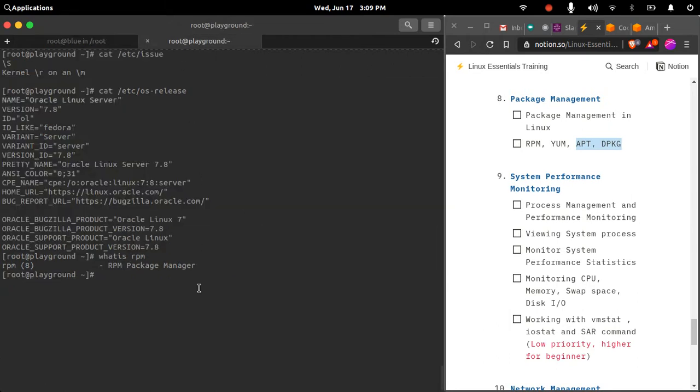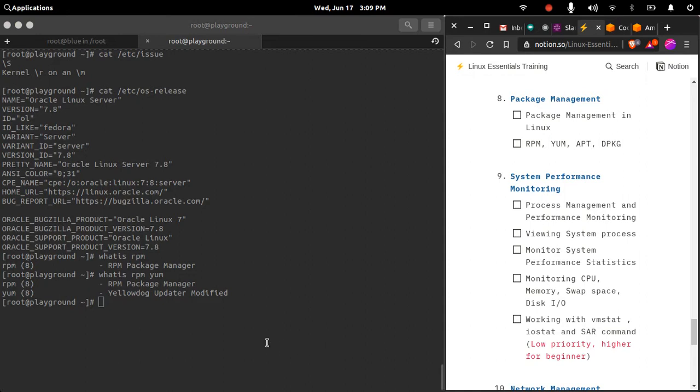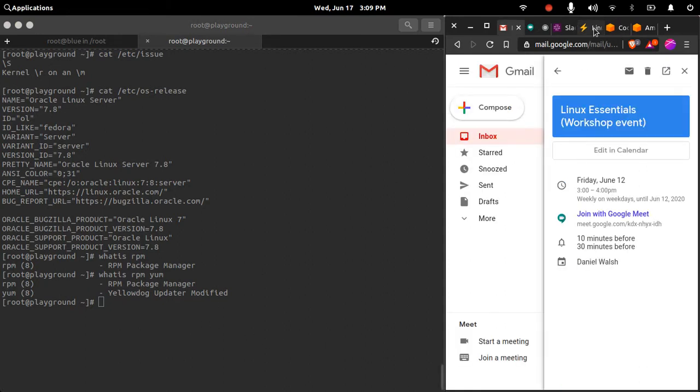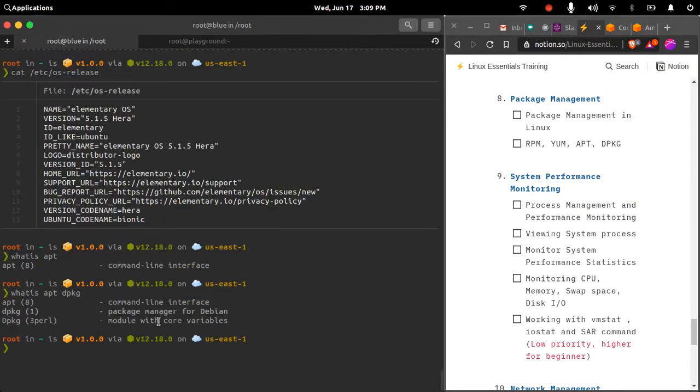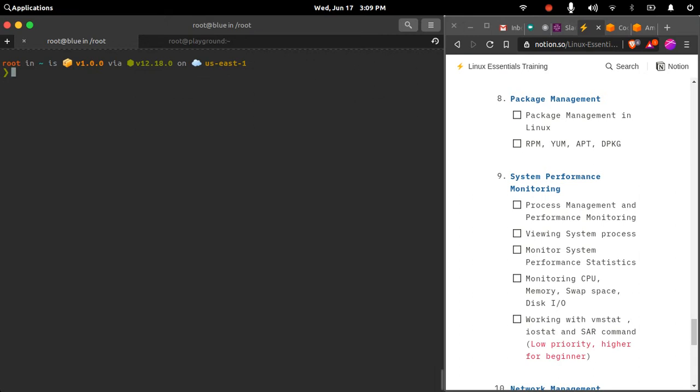On Red Hat based systems you would see RPM and Yum, the Yellowdog Updater Modified. These two package managers are available by default on these two distributions, Red Hat based systems and Debian based systems. Whenever you want to install any application, you use these package managers, and we will see how we install an application.